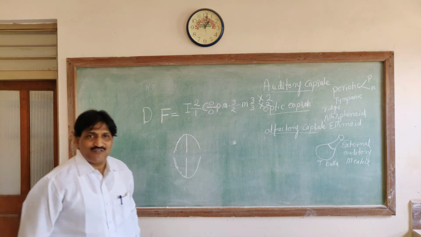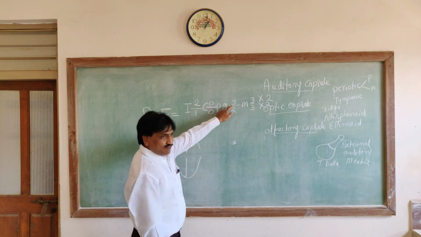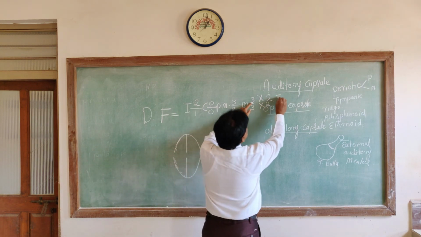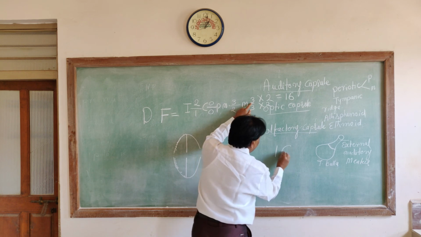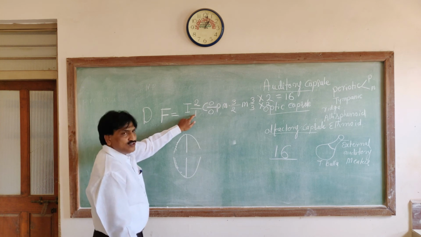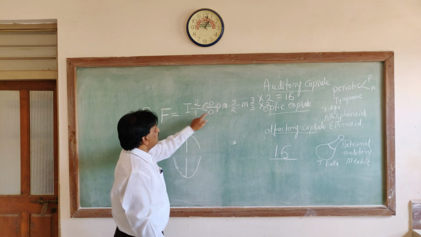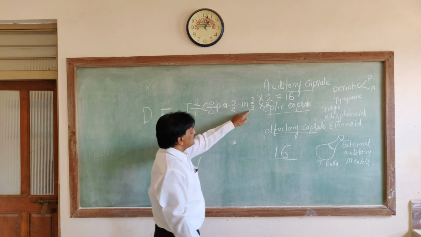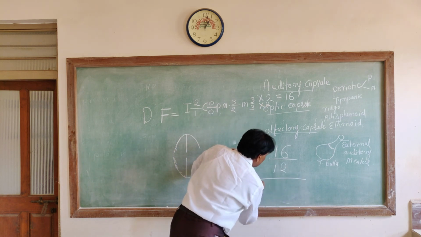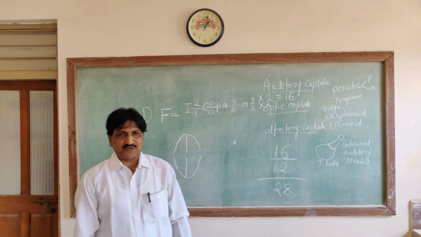So how to count the number of teeth? Now here 2, 3, 5 plus 3, 8 into 2, 16. So the upper jaw has 16. Lower jaw 1, 0, 2, 3. No canine at all. 1 plus 2, 3; 3 plus 3, 6; 6 into 2, 12. Total how many teeth are present? 28. So you can easily get 2 marks.